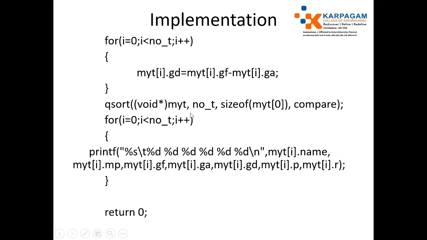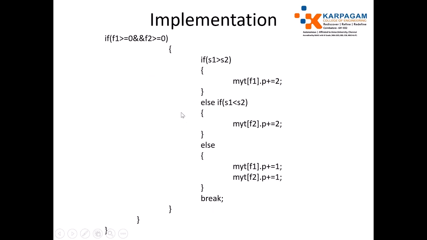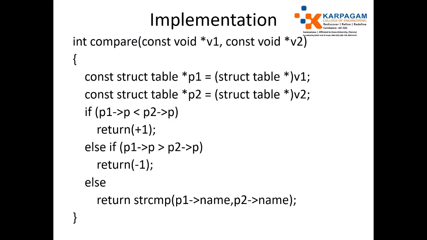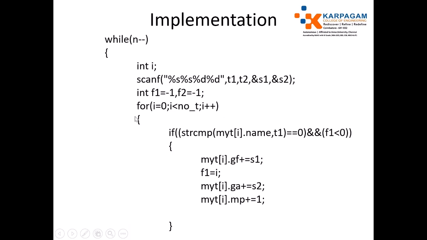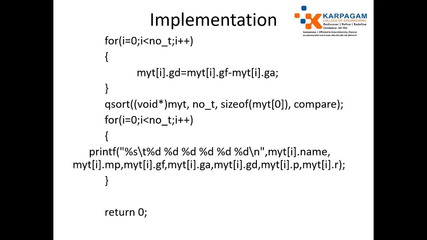For this purpose, I use the qsort function. We can apply descending order or ascending order. In the comparator function I have mentioned the less than symbol, which is used to sort in descending order. The greater than symbol should be used to sort in ascending order. Please understand, we have used the less than symbol to sort in descending order in terms of points.